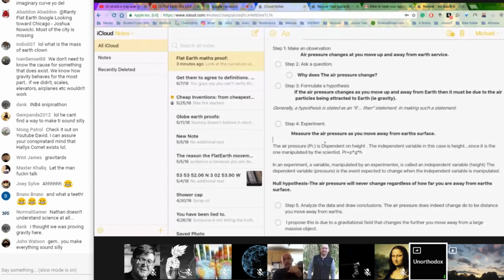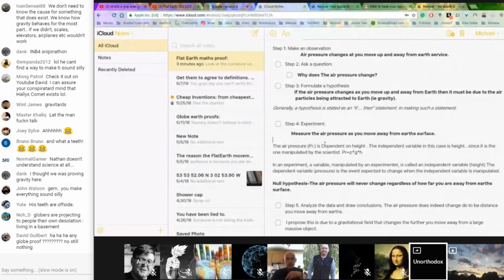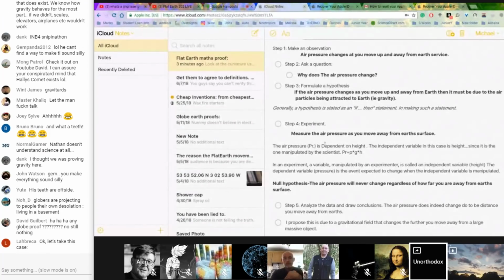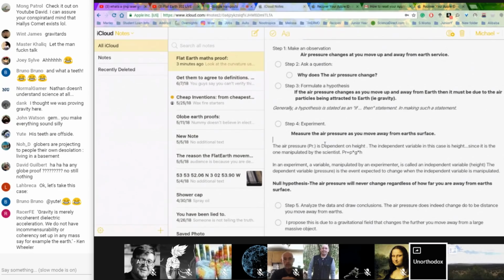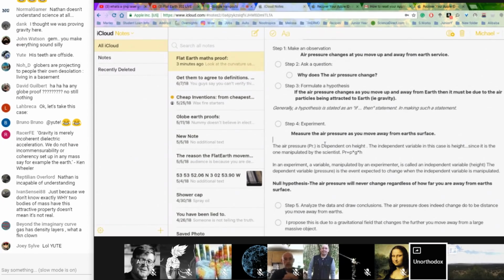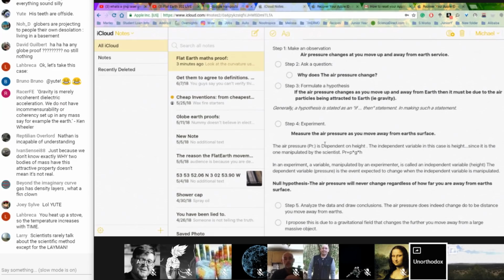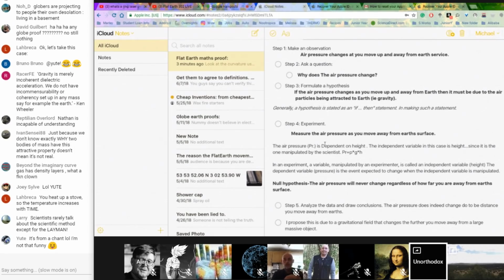You said I assumed my outcome. You are establishing an if and then relationship. In your hypothesis, the if, represented by the independent variable, is height, your dependent variable being pressure. So if height, then drop in pressure. That's your conclusion if it is validated by experimentation. So, nothing to do with gravity and everything to do with height.